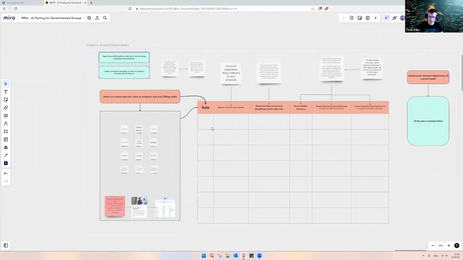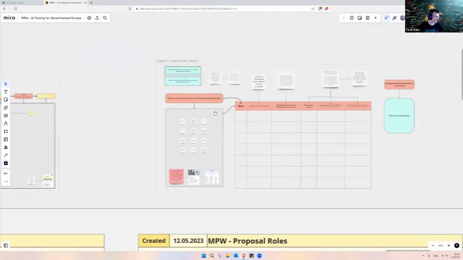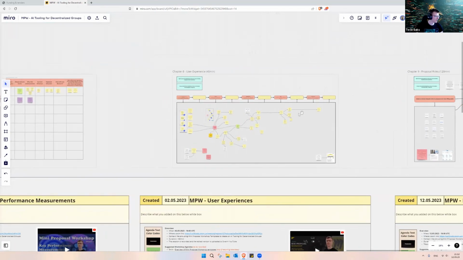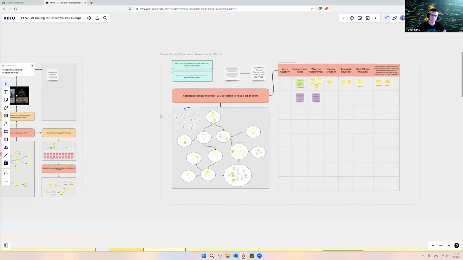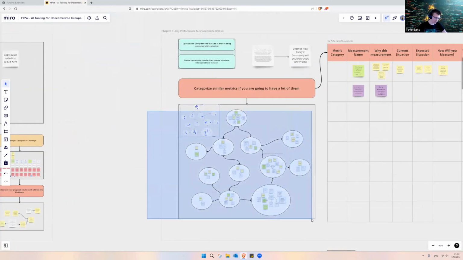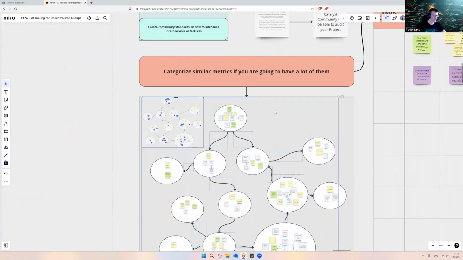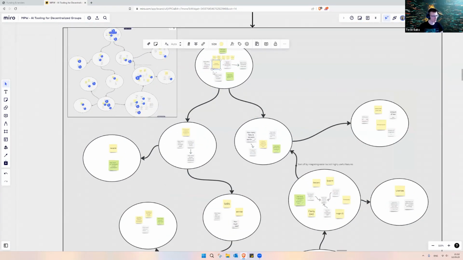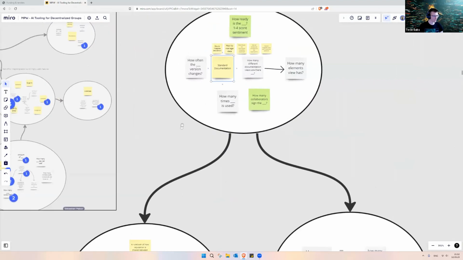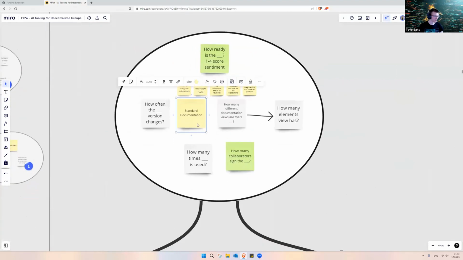To make it simple to start, I would now move a little bit left onto chapter 7, where we had key performance measurements. Here we created outputs and outcomes. Each yellow sticky is an output or an outcome, for example standard documentation is an output.